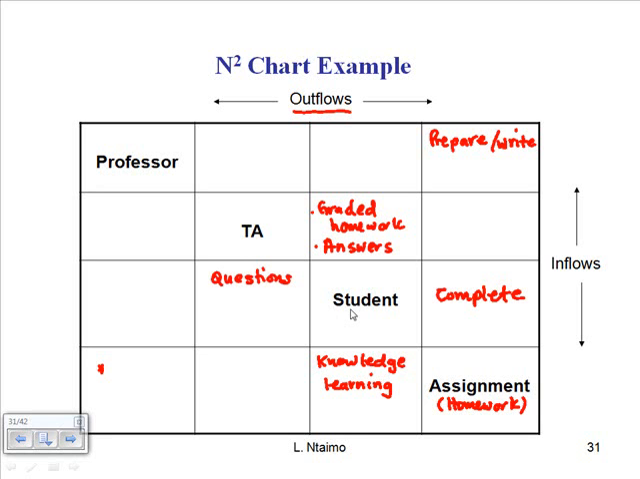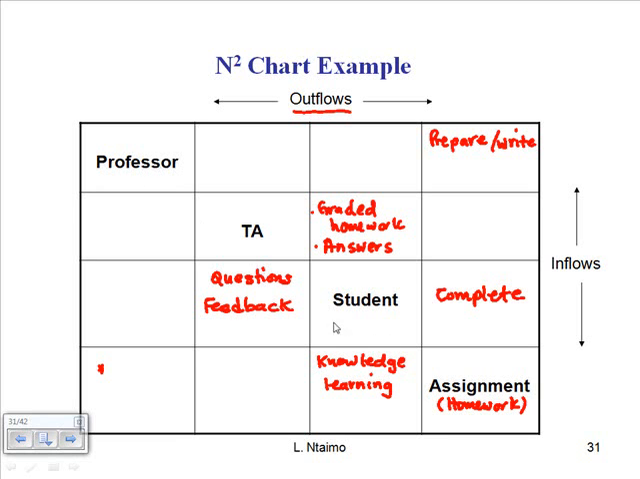Okay. What else can the student exchange with the TA? Maybe the student can provide feedback to the TA. Okay. We're almost done. How about student and